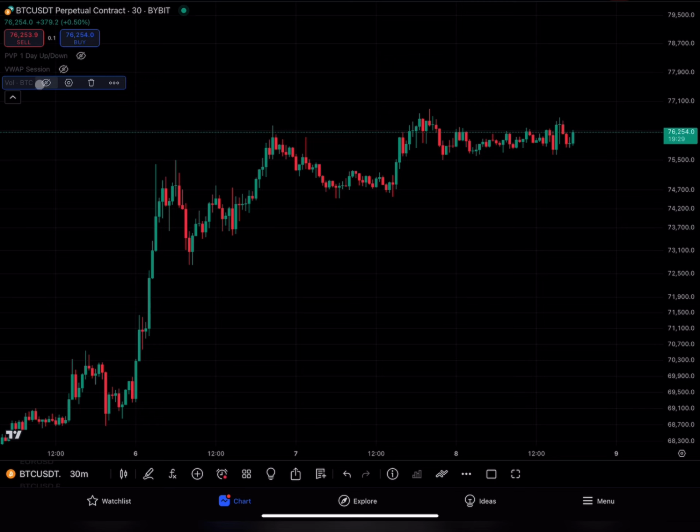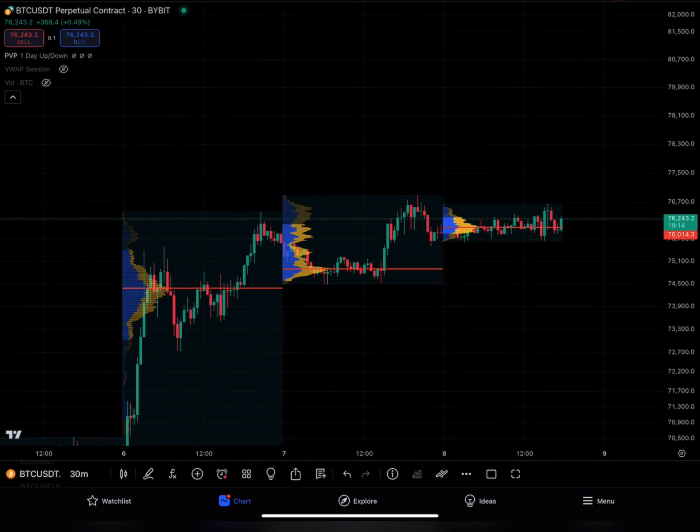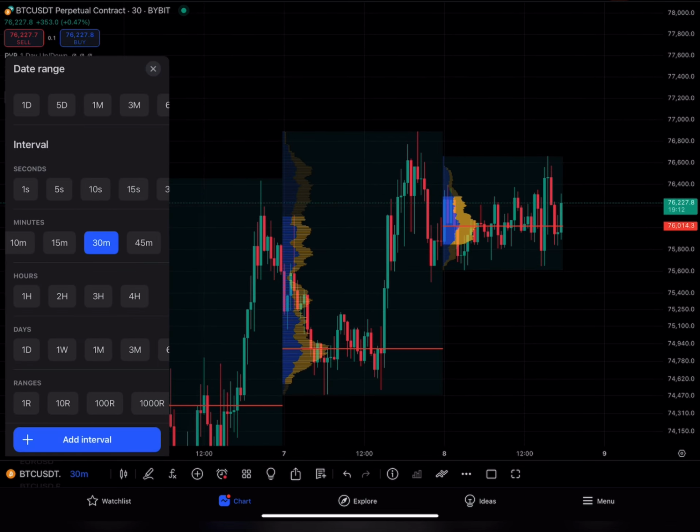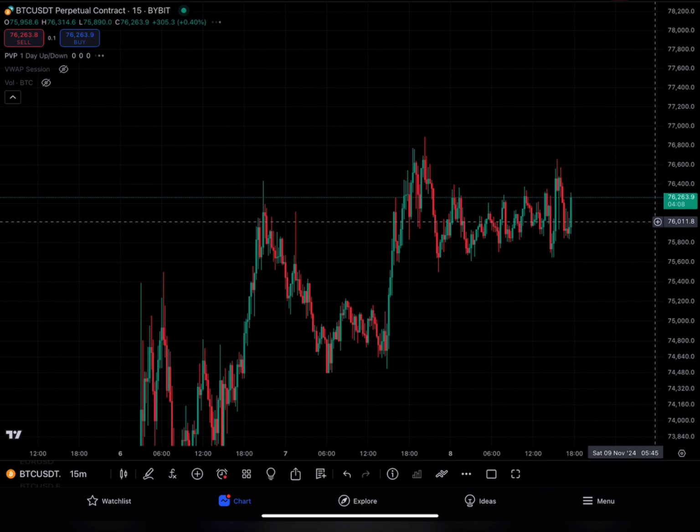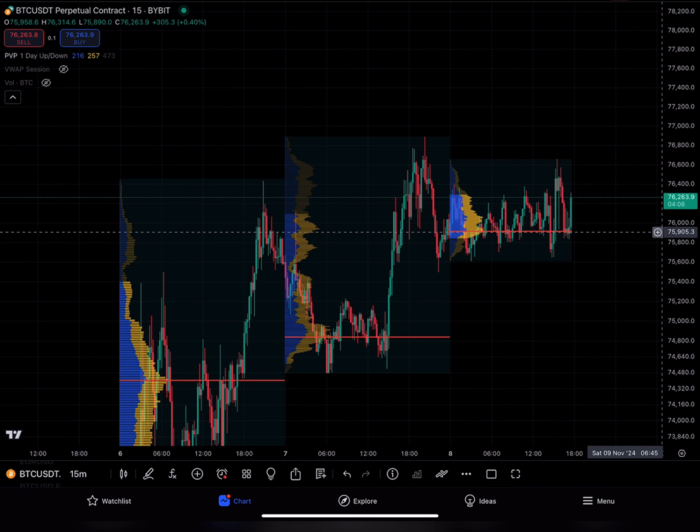And the way you can do it, I usually use Excel charts to chart everything, but for this one, I'm gonna make it easier for you. You can just have this thing here, PVP, and when you open it, you'll be able to see during a single day at what level most of the transactions happened. So today, most of the transactions happened at the level of, I think, $76,000. Let me make sure, $75,900.